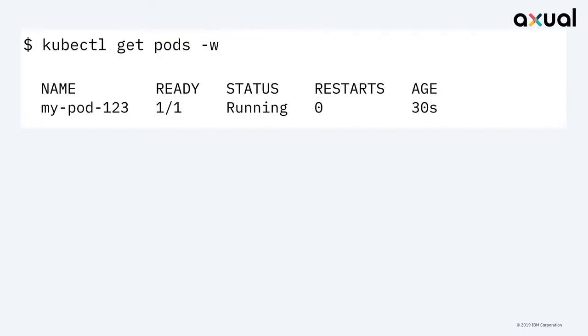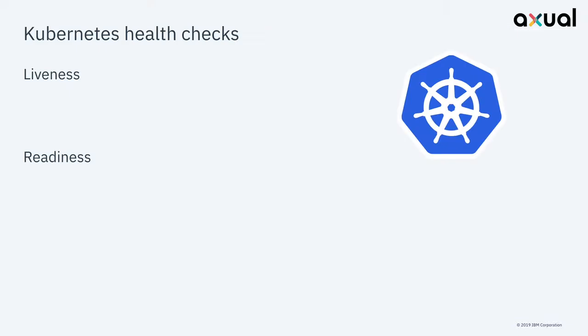So first, let's look at Kafka pods. I don't know about you, but the first thing I do whenever I try and stand anything up in Kubernetes is I do kubectl get pods and wait to see if anything's actually running at all. So this is our first aim when we're standing up Kafka on Kubernetes. I'm looking for it to say ready and status running. So first we'll look at how we achieve that for Kafka.